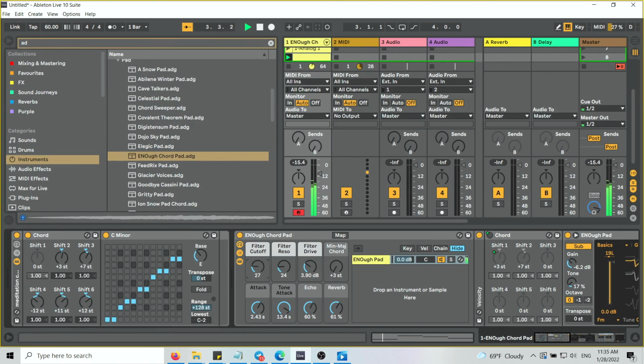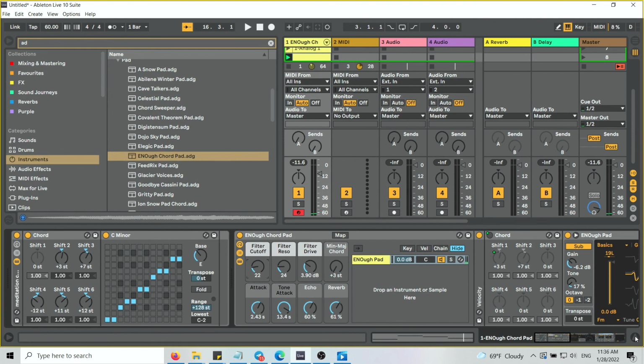With the filter here. Okay, cool. So now we have that chord progression, and to finish off, I just wanted to show you like